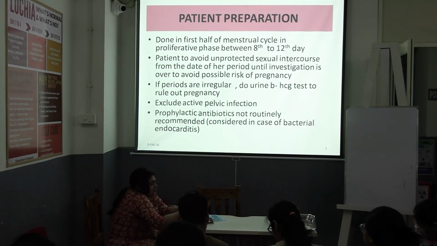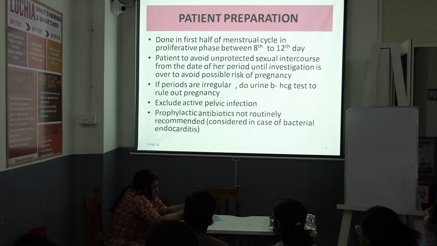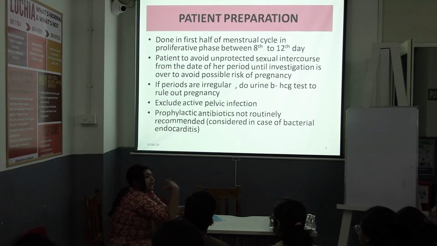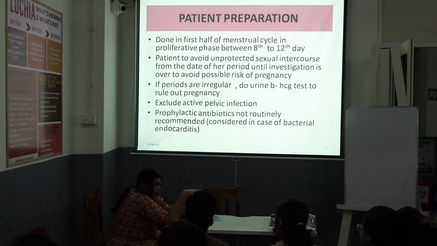Then the question arises, why can't you do it during menstruation? You could have done it during menstruation as well. One thing is, during active vaginal bleeding we don't do it, because whether it is menstruation or some undiagnosed pregnancy which is getting aborted, you don't know. And secondly, while you put the dye, you put it under pressure. You push a lot of pressure and push the dye inside the uterus, and there is already blood inside. So what will you do? You will push the blood outside the uterine cavity through the fallopian tubes into the peritoneum. So as a result, what will you cause?